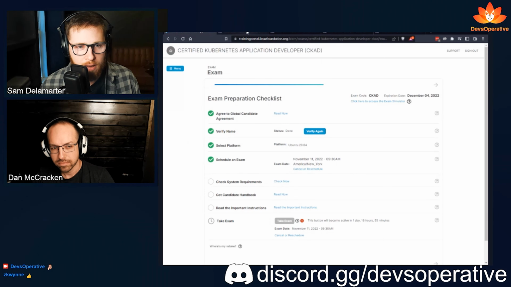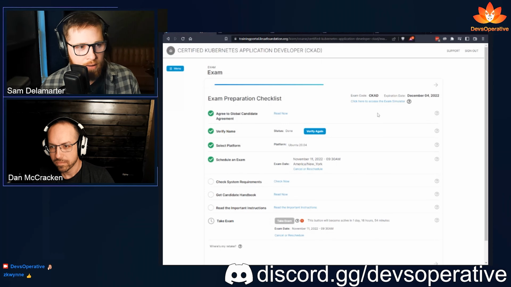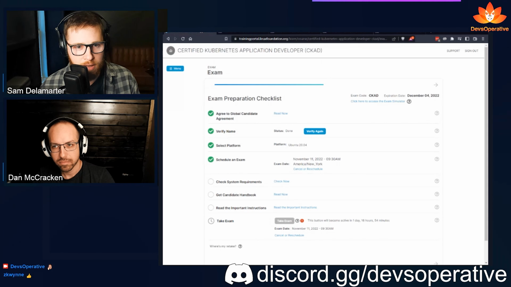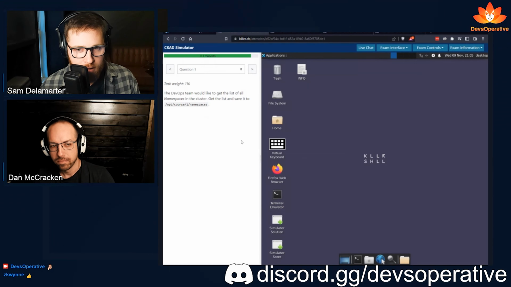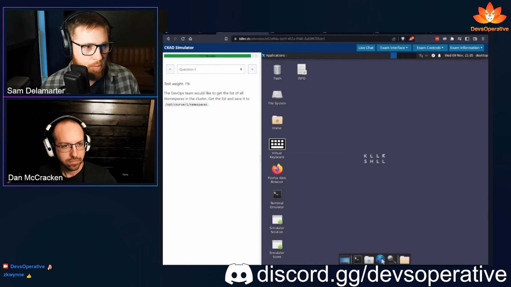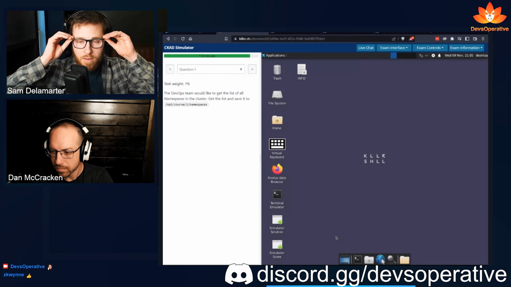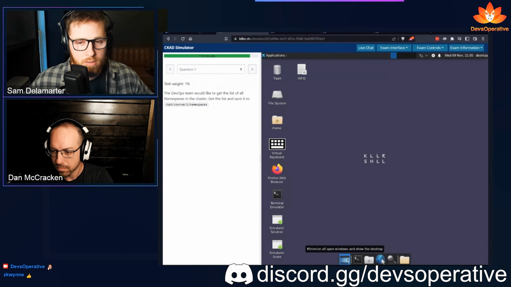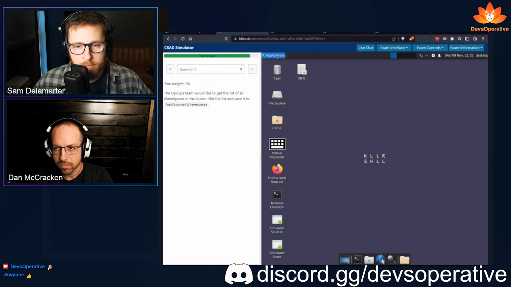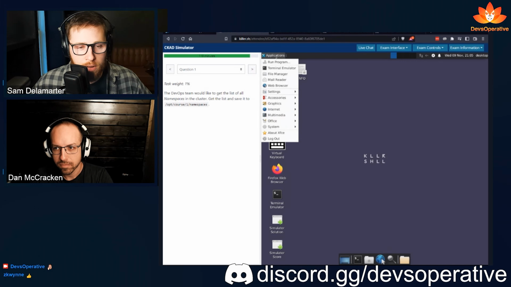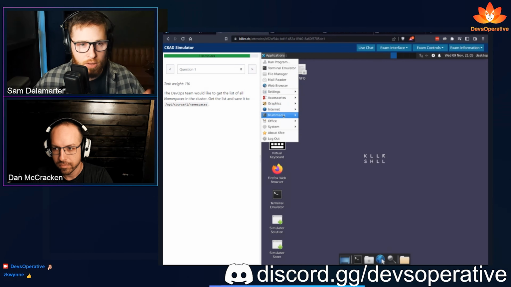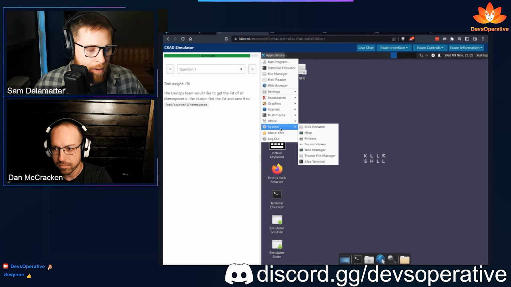So that's big, but along with that there are some other changes to the exam environment itself. Let's go through them. Before, you could have multiple monitors as long as you shared your screens through the test environment in your browser.